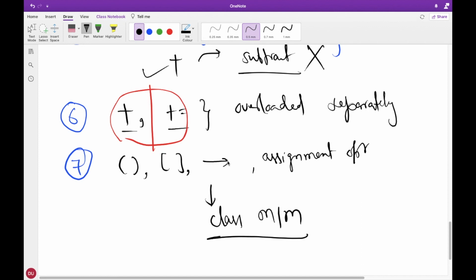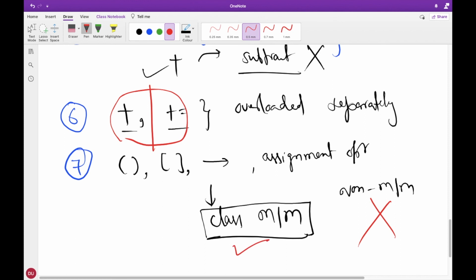So for these operators, if you are defining any overloading function, you have to define it as a class member function. A non-member function will not be allowed, right? Non-member will not be allowed in this case. So for other overloadable operators, the operator overloading function can be either a member function or a non-member function, but keep these things in mind.